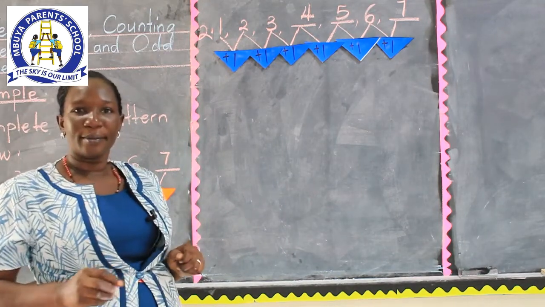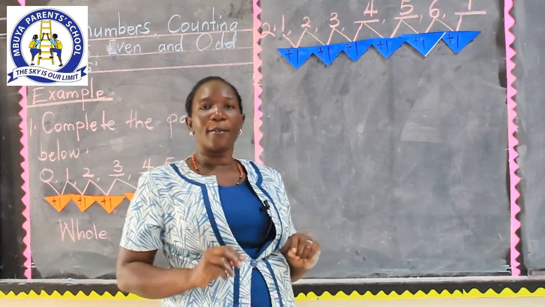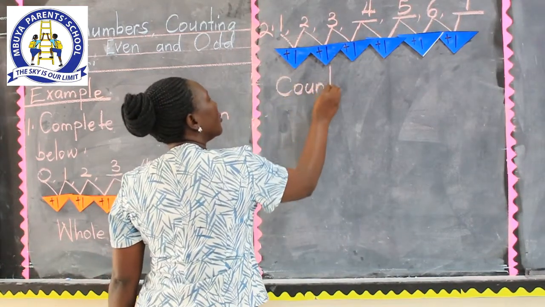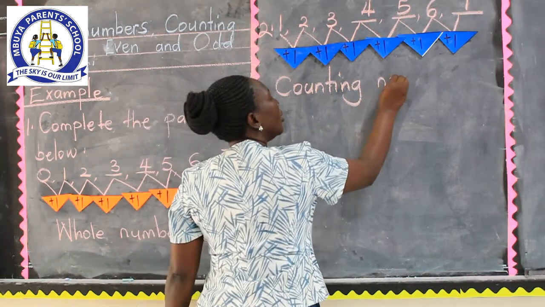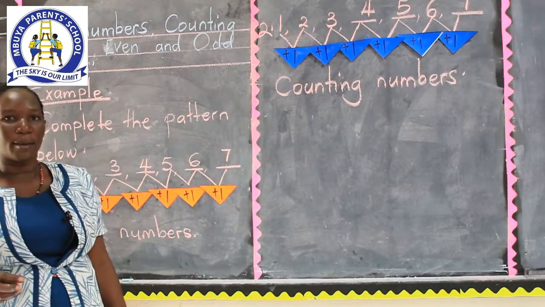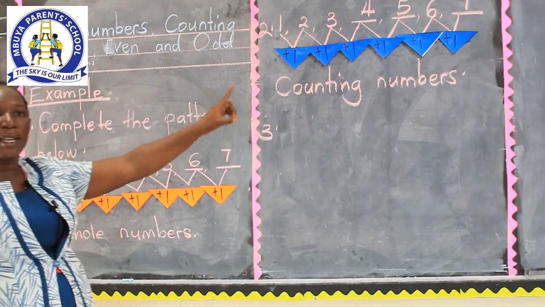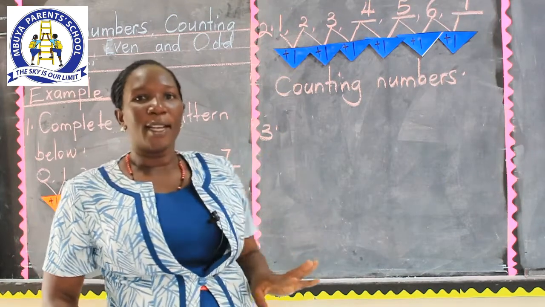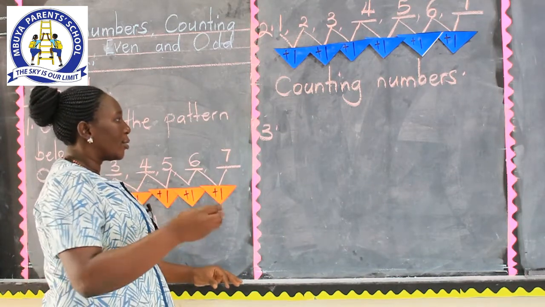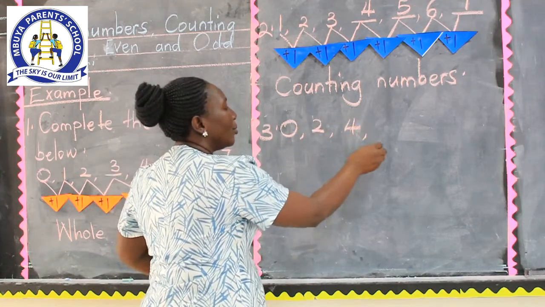We need to name it. We said counting numbers start with 1. Therefore, these are counting numbers. I hope we are together. Let's have our third example. We said we are looking at whole numbers, counting numbers, even numbers, and odd numbers. So in this case, I have a pattern which is 0, 2, 4, dash,